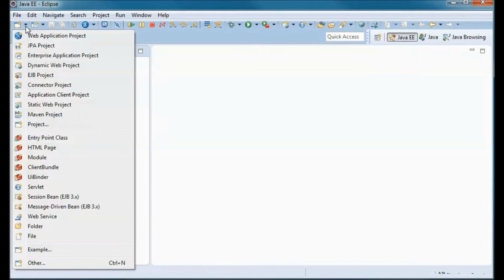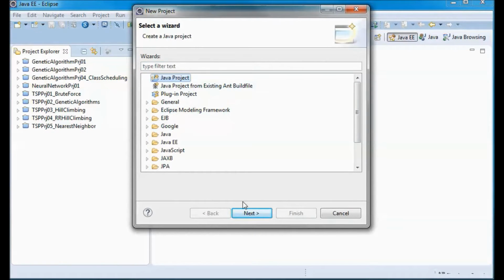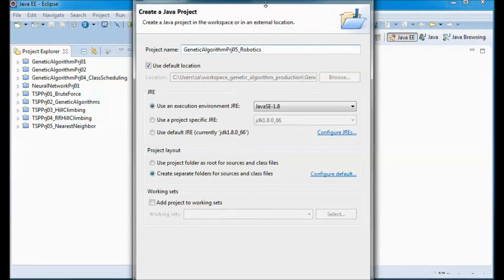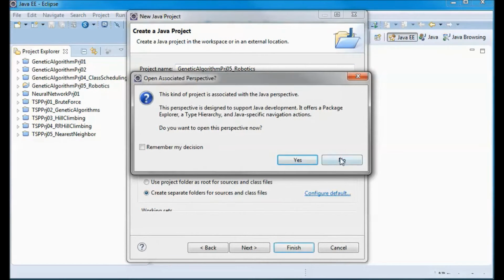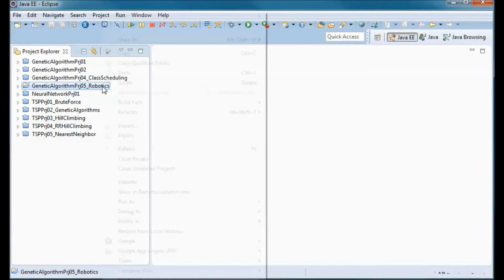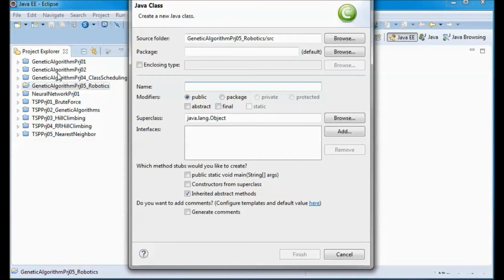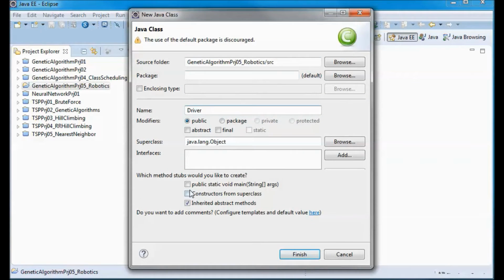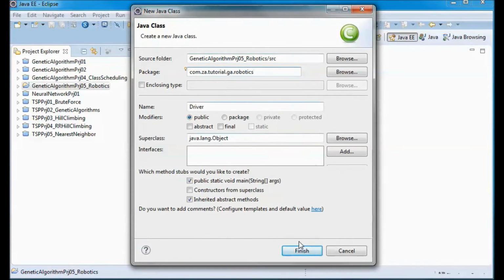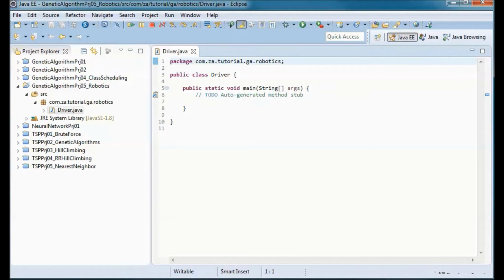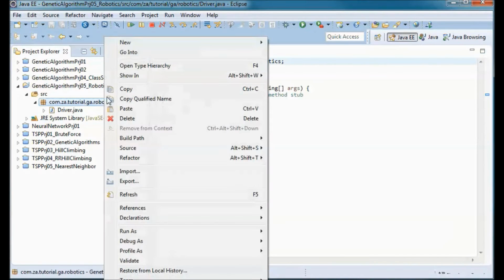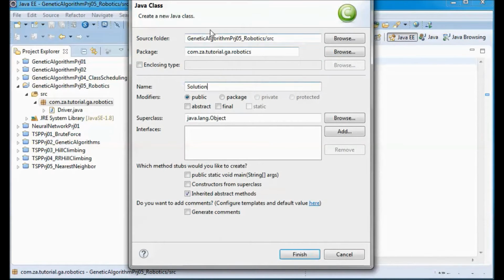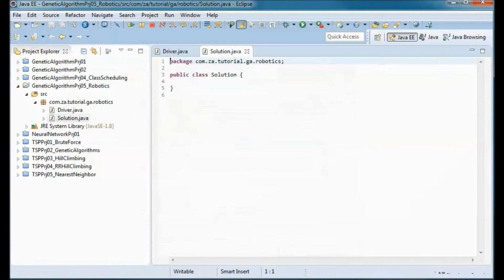I will start by creating a new project, and this will be running on Java 8, and here I will have a driver class with a main method, and it will be in this package, and this will be the driver for the whole application, and a solution class, and this represents the action that the robot would take when faced with each set of detectors,